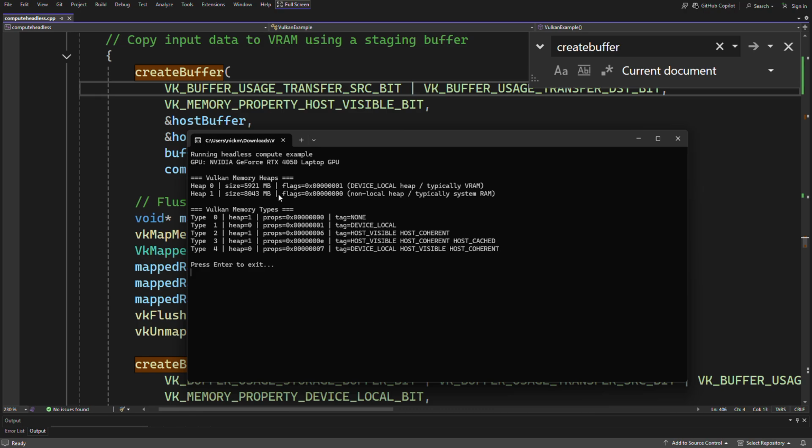It's VRAM, heap zero, GPU local memory, and CPU RAM, which is heap one, and that's local to the CPU, system RAM, what we colloquially call system RAM, right? So we literally only have two physical memory hardware devices on our system, but as it relates to Vulkan memory types,